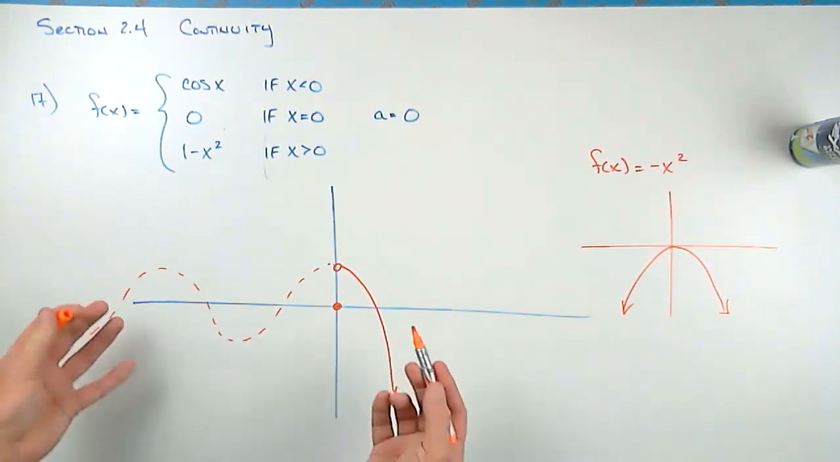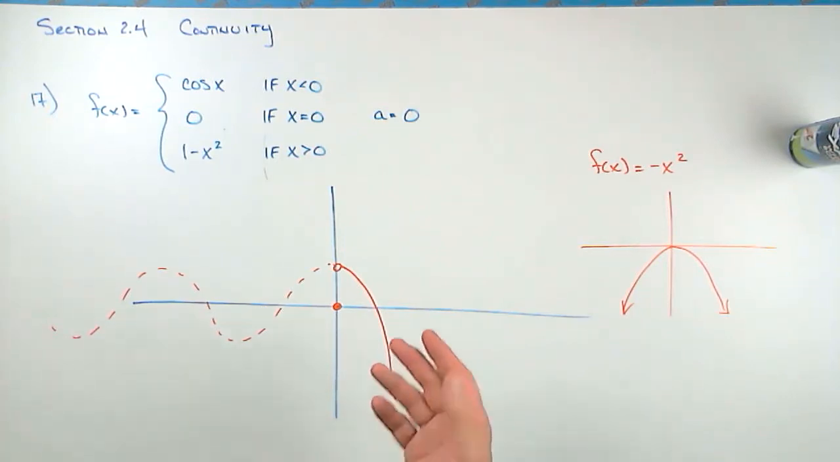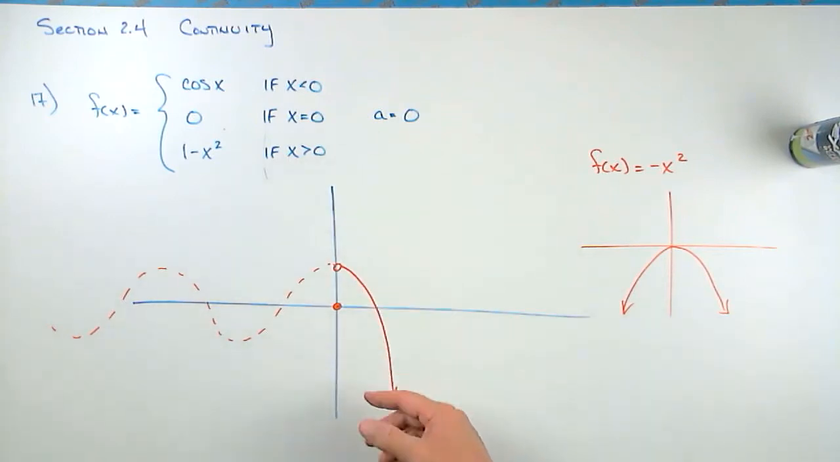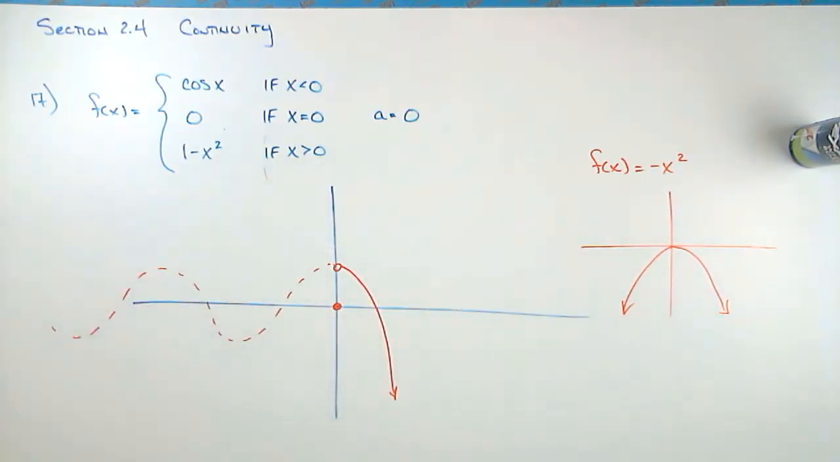So this is our function, right? This is the graph they've asked us to draw. And they want us to explain why this function is discontinuous at 0. Now, when we do an explanation, we don't want to say because there's a jump. That's not an explanation. Yes, that's a jump discontinuity. But when they ask us to explain, they want us to invoke the definition of continuity and show that it's